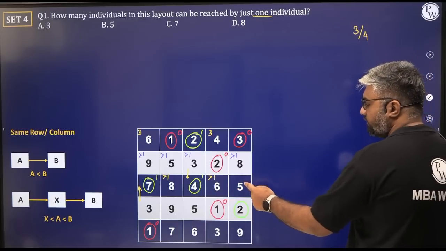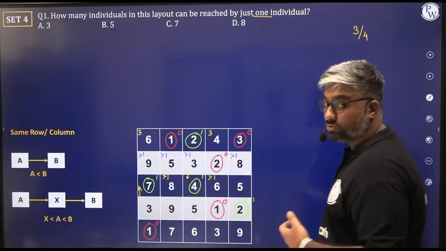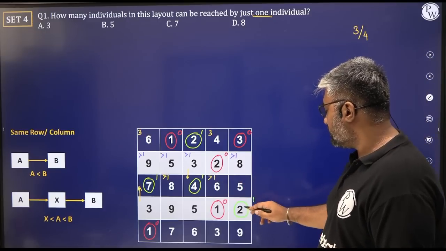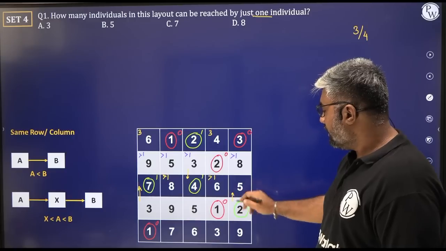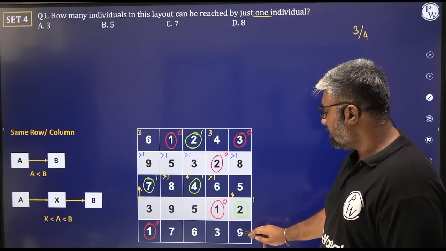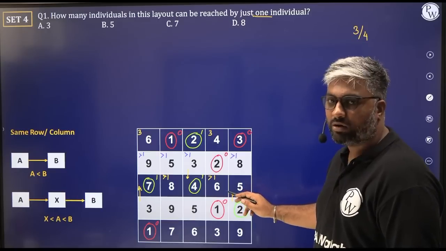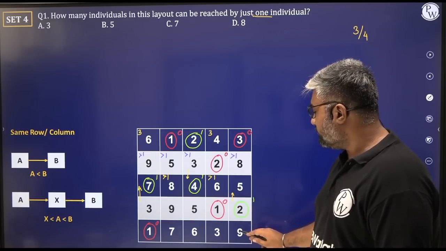What about 5? With 5, what do you have to keep in mind? You have 4, 3, 2 and 1. 8 not possible. 6 not possible. From 2 it is possible. But we do not have a number greater than 2. We have a number greater than 2 here. So this is 9, 2 and 5. Again not possible, because this number should be less than 5, but it is not.